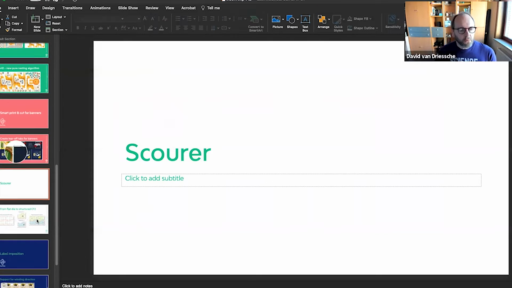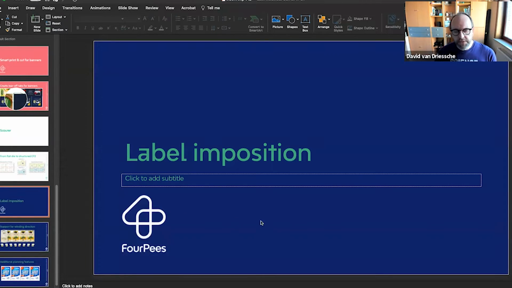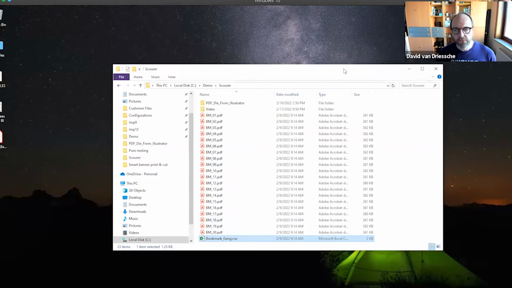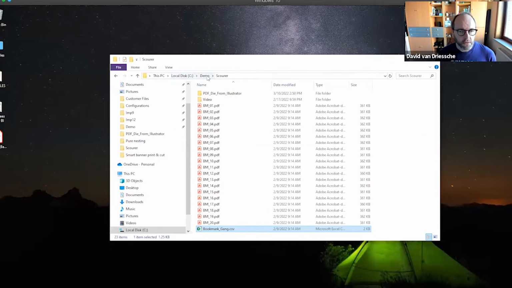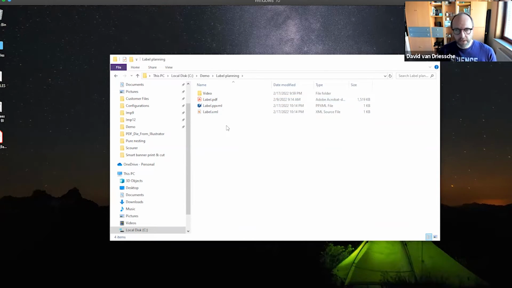Third big feature I wanted to show, I have one more that I want to pay some attention to, and that is label imposition. As I said, in Imp 12, there are now some ways of also supporting label imposition. You could think, why is that necessary? Why is that special? Well,